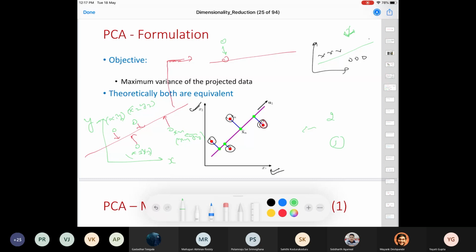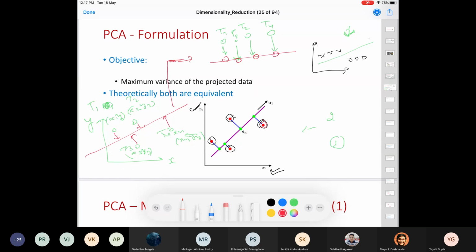Let me use another terminology, say T1. So this point is T1, this point is T2, this point is T3, and this point is T4. T2 got projected somewhere here, T3 got projected somewhere in between, and T4 somewhere here.